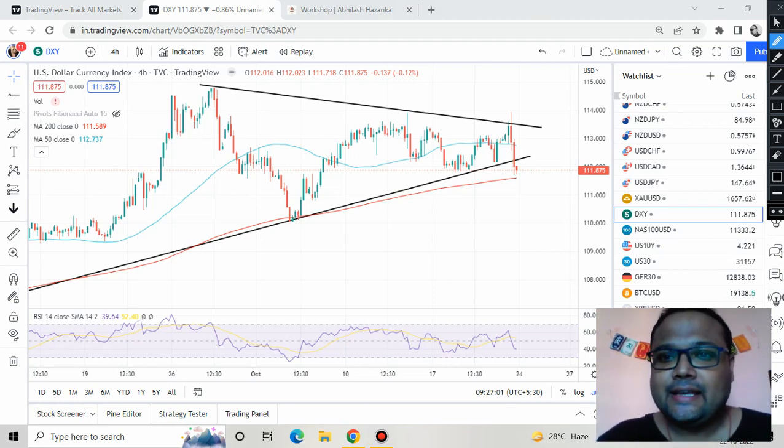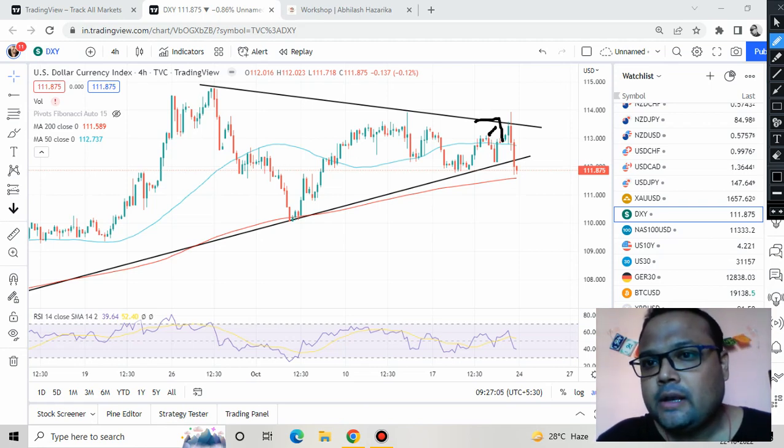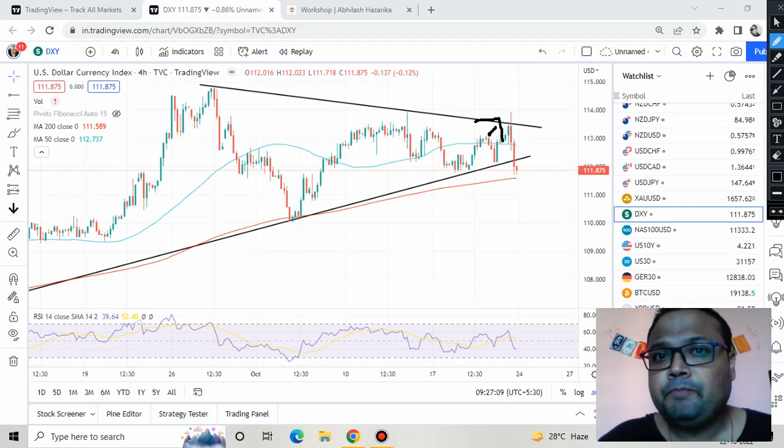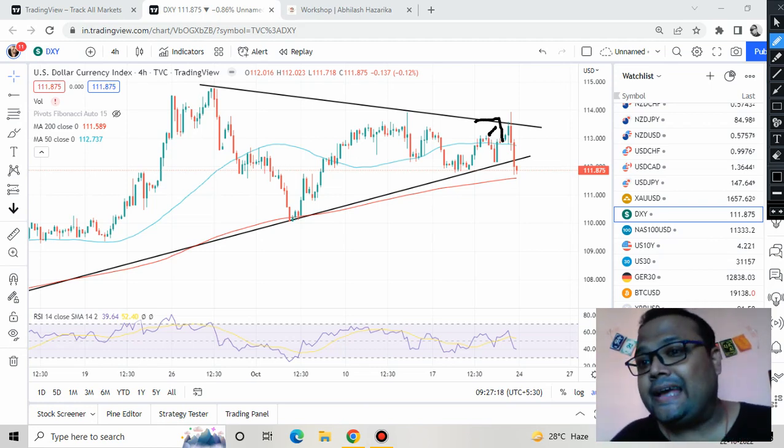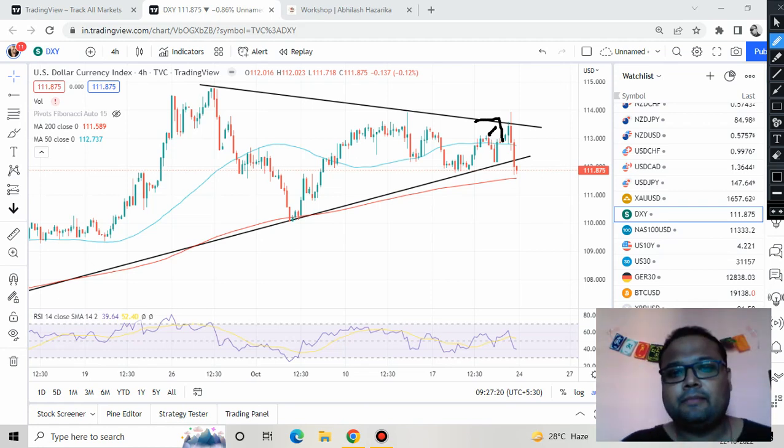In this chart, you can see that yes, we had the symmetrical triangle pattern, but yesterday when market was trying to go up, there was a sharp fall on the chart of DXY, US dollar currency index. And if you are a forex trader, if you track USD JPY, then you know it very well that there was a huge fall on the chart of USD JPY as well. So the main reason is that